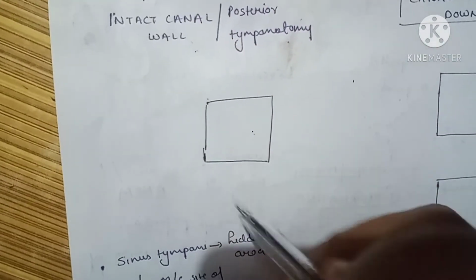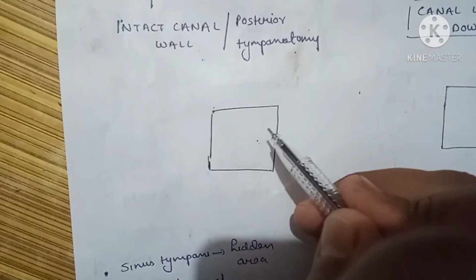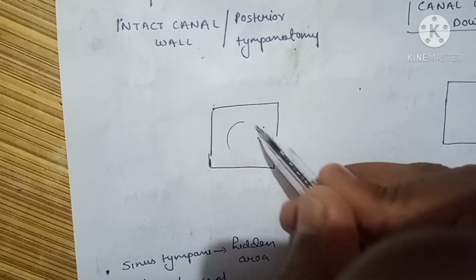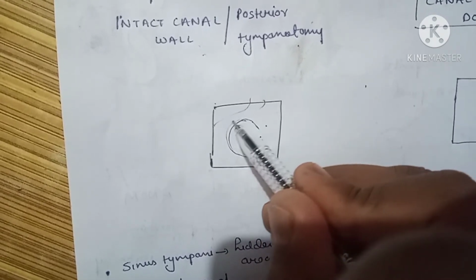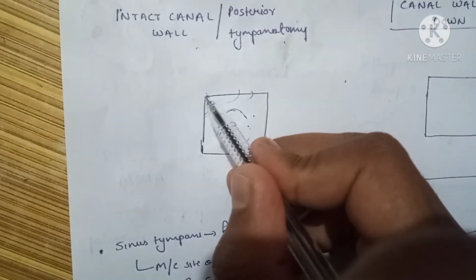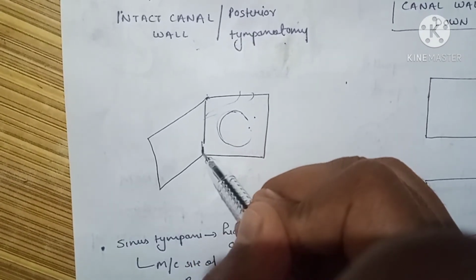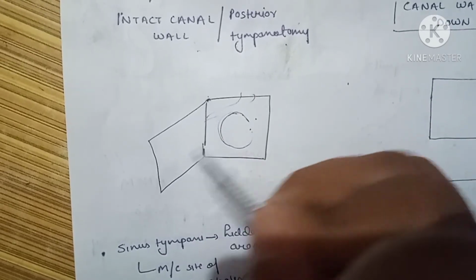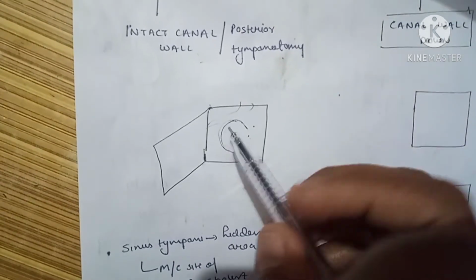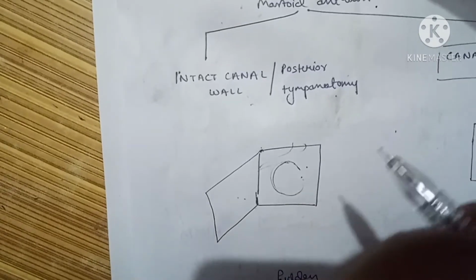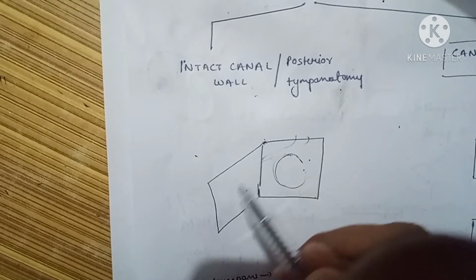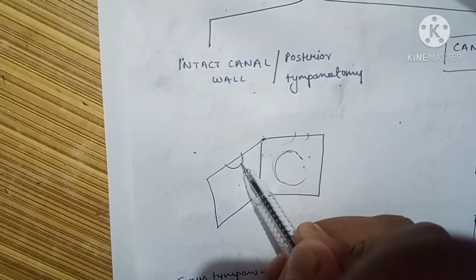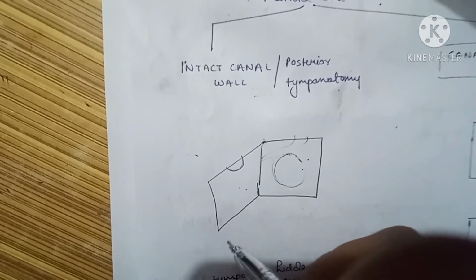This is a schematic diagram showing the mastoid and our middle ear walls. This is the medial wall of the middle ear. Here will be the promontory, here will be the horizontal part of the facial nerve, and here will be the posterior wall, which is our concern. Here will be the lateral wall, but our concern right now is the posterior wall, from where we are going to start the surgery. We all know that the middle ear and mastoid share a common wall, and there is an opening, the aditus, that connects our mastoid to the middle ear.